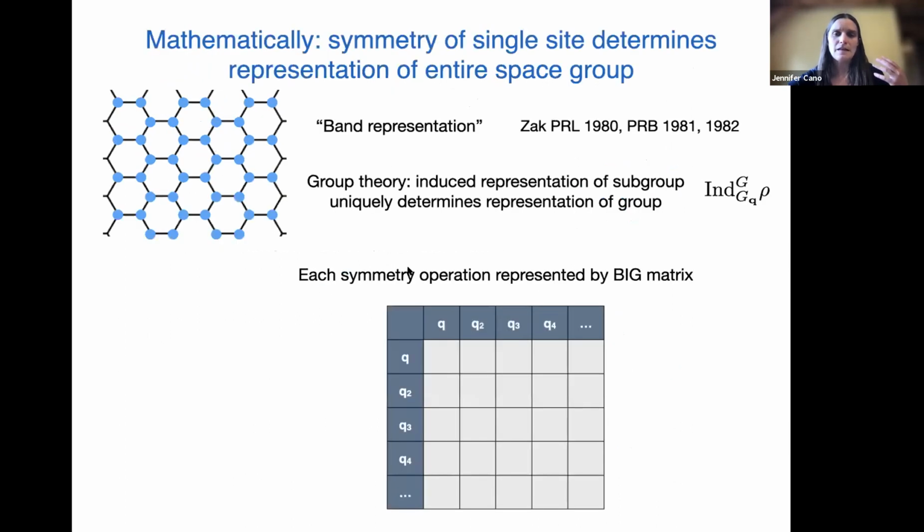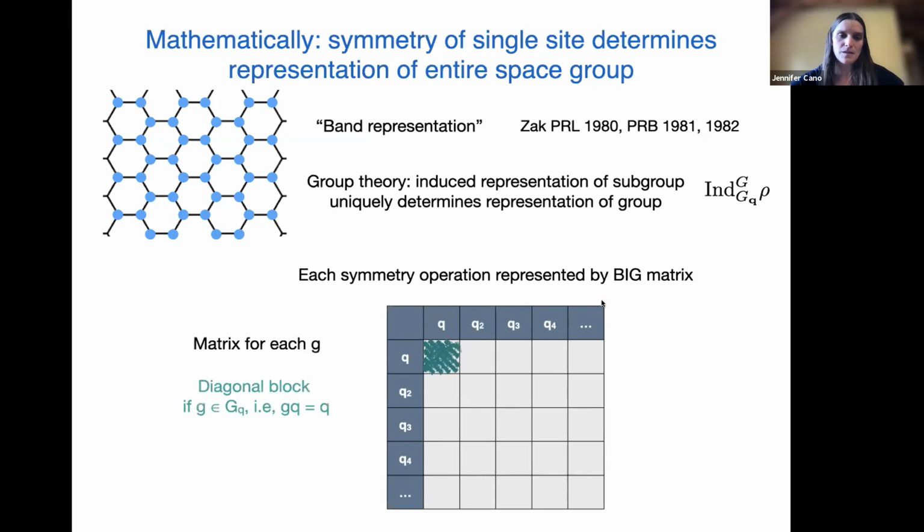And we can think of this as basically a big matrix. That's how you think of representations of a group, or at least that's how I think of representations of a group. We could think of a big matrix where the rows and columns are labeled by these atoms. So these are all the different blue dots. Each one is some position. For each symmetry operation, there's going to be some diagonal elements for the symmetries that leave Q invariant. So if G is some symmetry that leaves Q invariant, then in this matrix it'll be a diagonal block. And if it mixes two different sites, say if it mixed Q and Q3, then there'd be